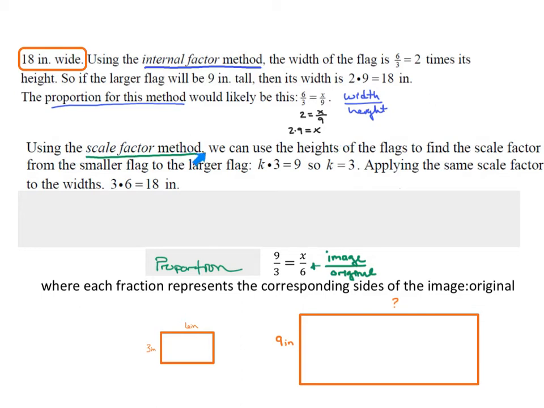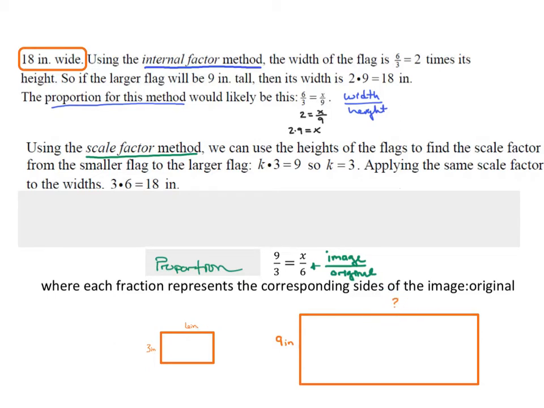For the scale factor method, we're going to use the heights of both flags because we know both of those values. And since it was going from 3 inches here to 9 inches, 9 divided by 3, so we go the image divided by the original to get the scale factor. So 9 divided by 3 means it's 3 times as large. So this rectangle, its dimensions will be 3 times as large as these dimensions. So I can just take the 6 inches, multiply by the 3 times as large to get the missing value,